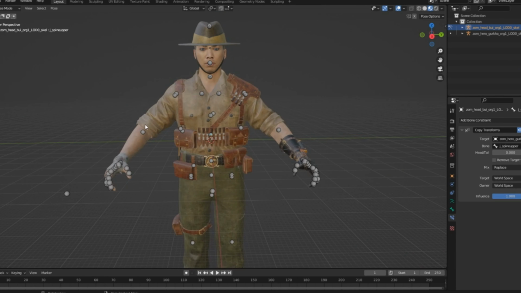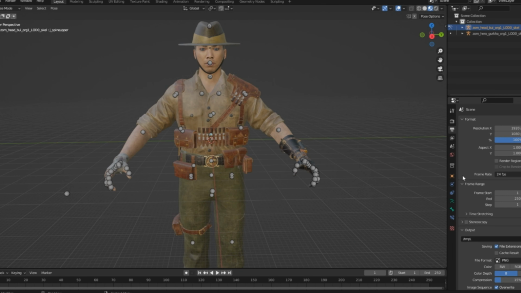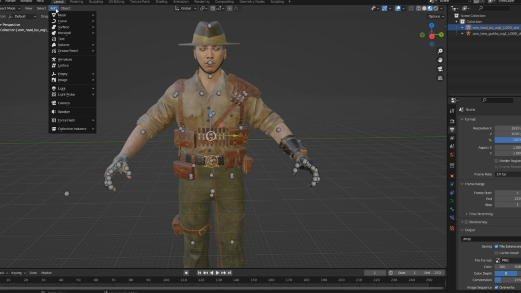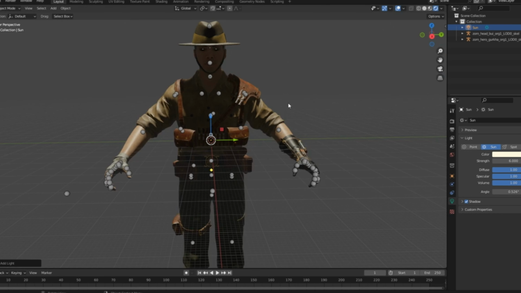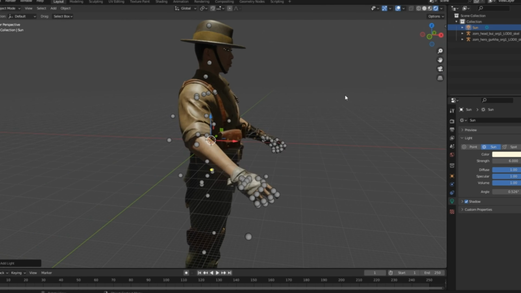Now, if you look around him, it seems pretty neat. But one thing that's important, what does he look like? For one thing, we need to add a sun. So go to object mode and add a sun. Basically, you're going to put it at 6 or 8, either one works. And then you turn and run. I like to put a yellowish to it, which makes it feel more warm, but not too warm.